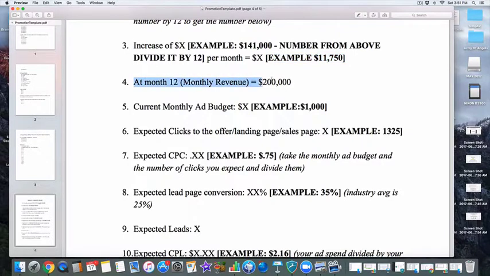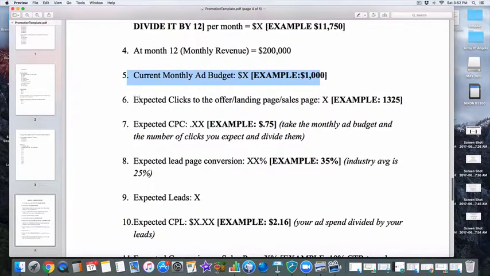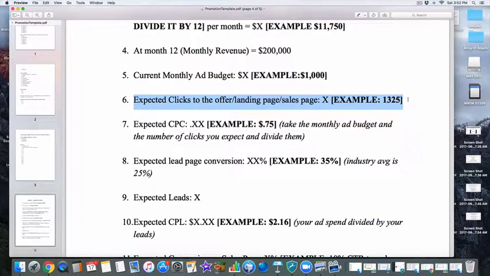So you have at month 12 the $200,000 revenue. Then the current monthly ad budget: you want to know exactly what you have this month. What is it between the 1st and the 30th that you can invest into your business for advertising? You want to know exactly that same thing for your clients if you're doing any kind of consulting work. The example might be $1,000, right? So for the expected clicks, you want to expect what you're going to be paying for each click. Well, if we're paying 75 cents per click and we have $1,000,